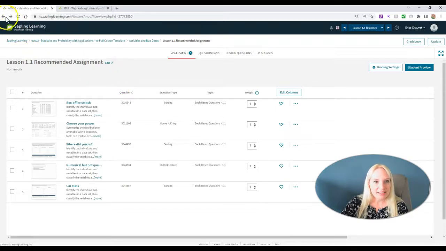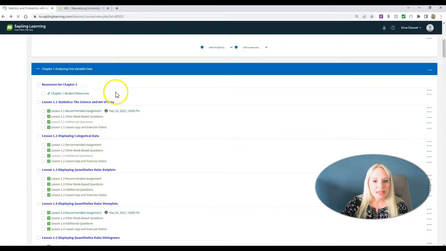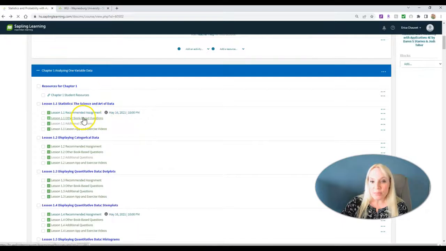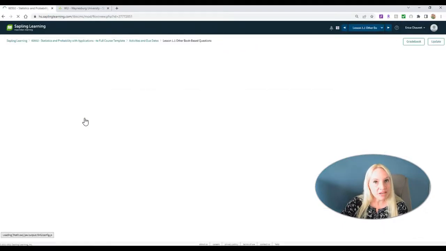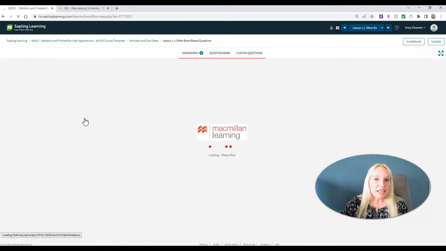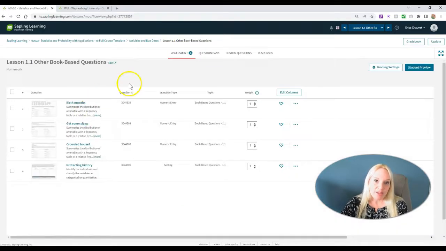Going back, I click again. Okay, so the next bucket is other book-based questions. So whenever we coded these questions, we put the recommended assignment in first, and then we picked some extra questions because sometimes you just might want your kids to do a little bit more. And so here are 3 more questions on the frequency and the relative frequency tables and 1 more question on classification. So you get some extra questions just in case you want them to do a little bit more practice